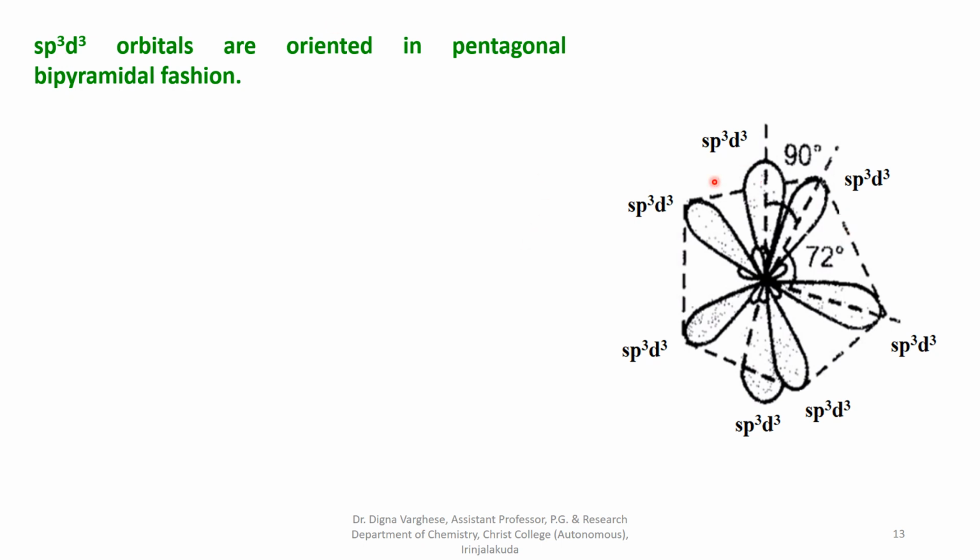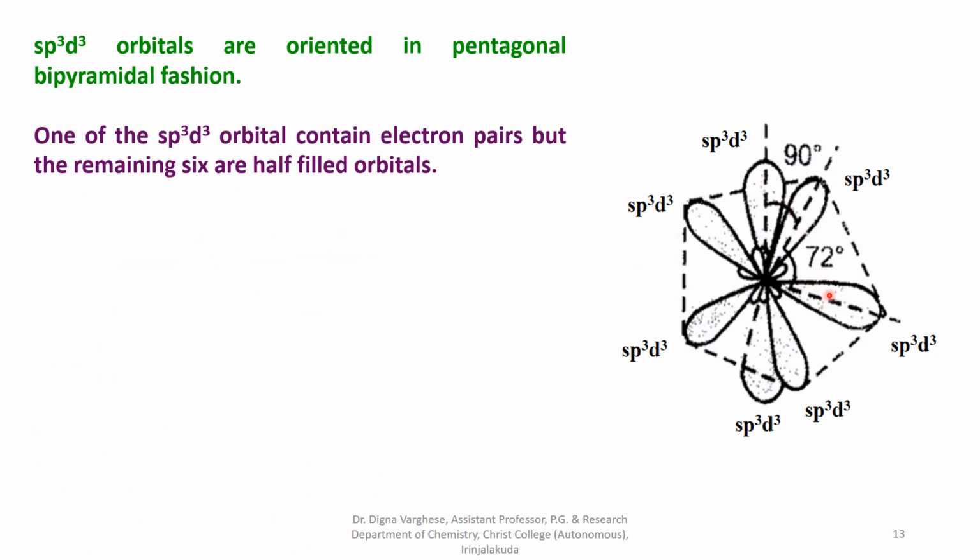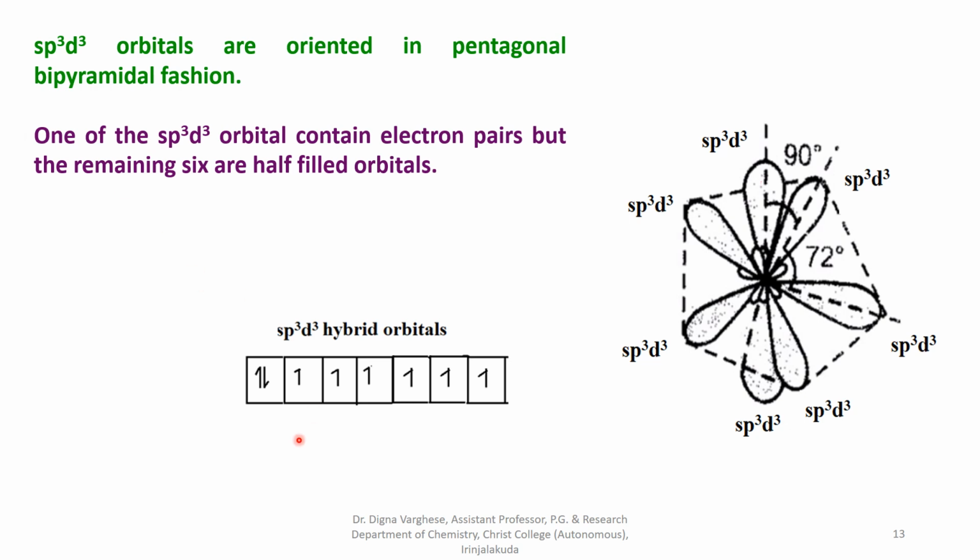In this case, the angle between the axial and the equatorial orbitals is 90 degrees, and the 5 lobes are in the pentagonal plane, making an angle of 72 degrees. One of the sp3d3 orbitals contains an electron pair, but the remaining 6 hybrid orbitals are half-filled,